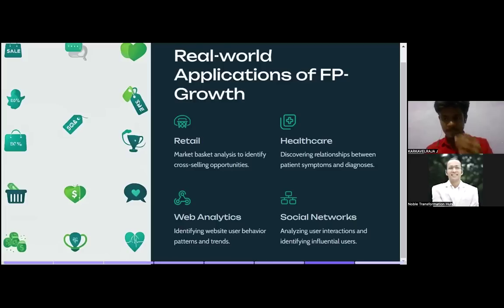So, real world applications of FP growth, we have application in retail, market basket analysis. You know, this is the very famous algorithm to identify cross-selling opportunities, and then healthcare, you can use it discovering relationship between patient symptoms and diagnosis. And web analytics, you can identify websites, user behavior patterns and trends. And social networking, you can analyze user interaction and identify influential users, and do all kind of segmentation and stuff,